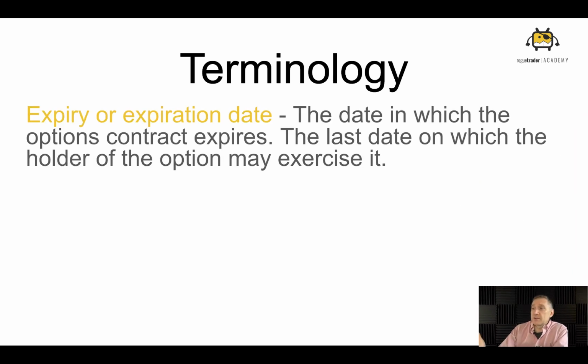All right, so expiry date, we've already talked about expiry date, so you should know what it is. That's when the contract ends, right? So if I say to you, hey, I want to buy that car from you for $5,000 at the end of December, if it's January 1st, too bad, that contract expired. So that's the date on which the options contract expires. And that's also the last date on which the holder, the person who bought that option, can exercise it if it's in their favor to do so.